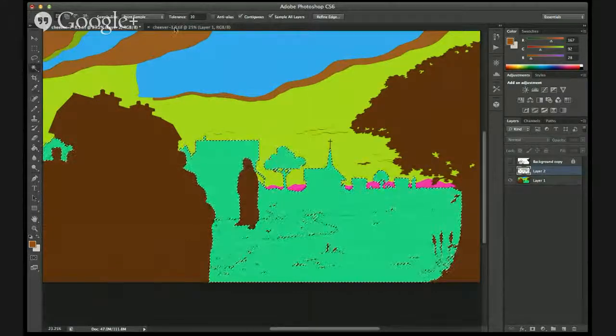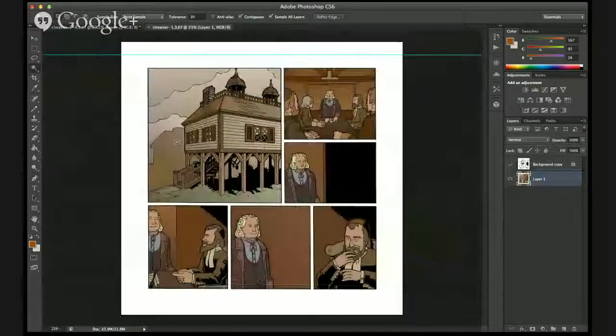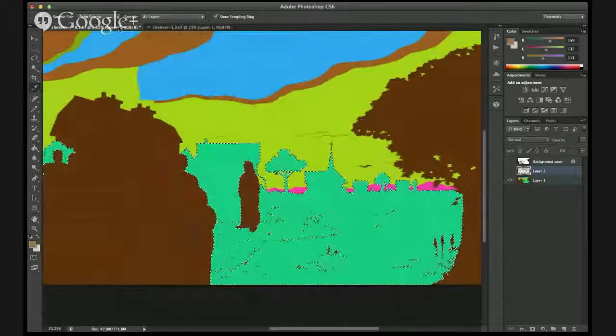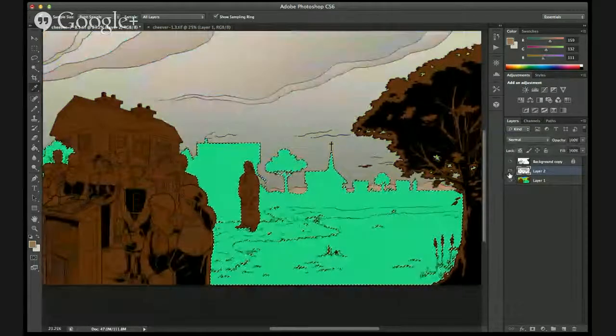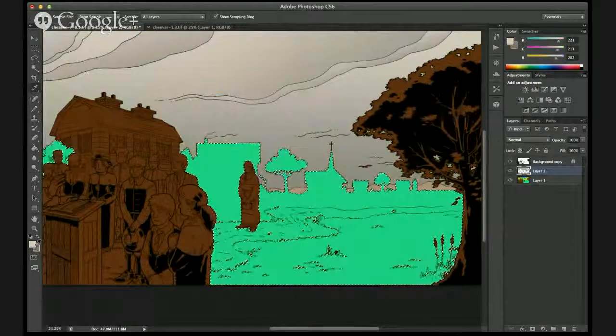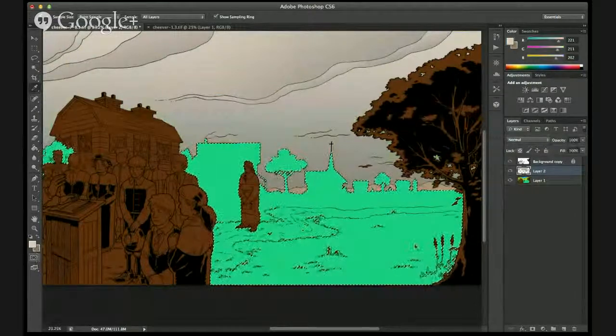I'm going to go over here and steal this color that I used because I don't like to think. And I want to fade it though. Kind of. I'm going to fade it to